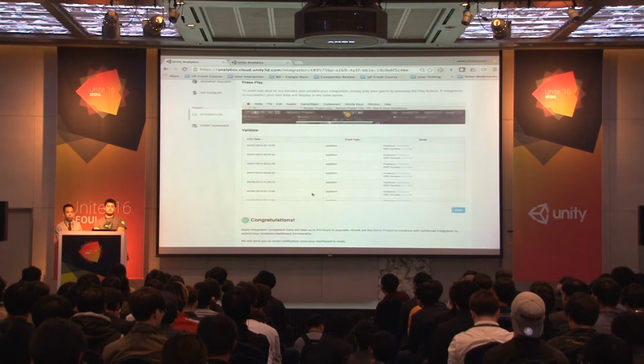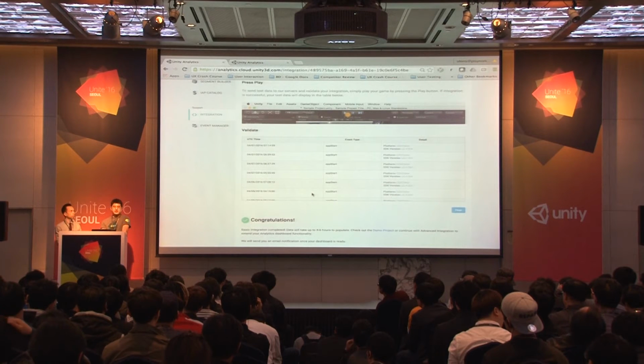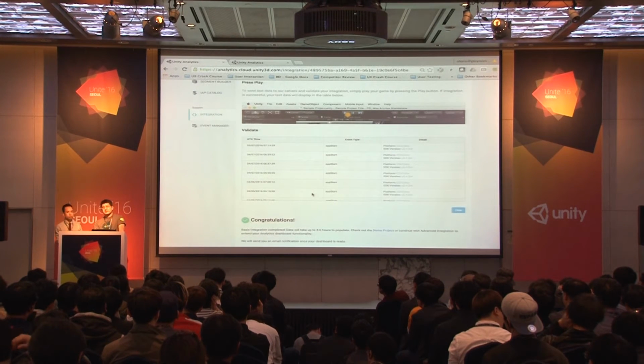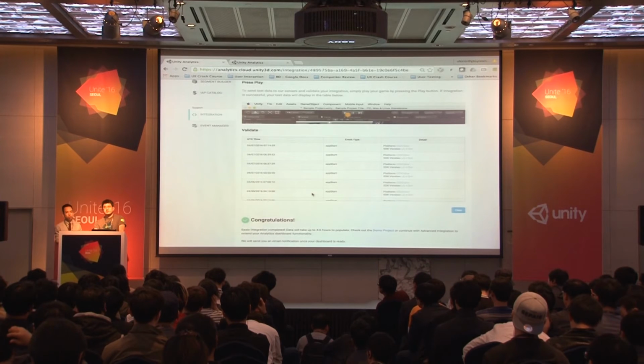So if the game does not use internet completely, then it's not possible to use Unity Analytics. But if a game does not have internet connection temporarily, then we cache the events and send the events at a later time. Yeah, so all the data points are cached locally on the device, and then as soon as,